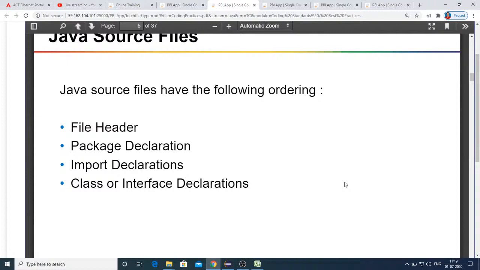Whereas the Java documentation comment is a special type of comment that's only supported by Java, not by C or C++, which have only single line and multi-line comments. In Java, we have the third type, Javadoc comments, started with forward slash two asterisks and ended with asterisk forward slash. This is the third special type of comment used in Java.